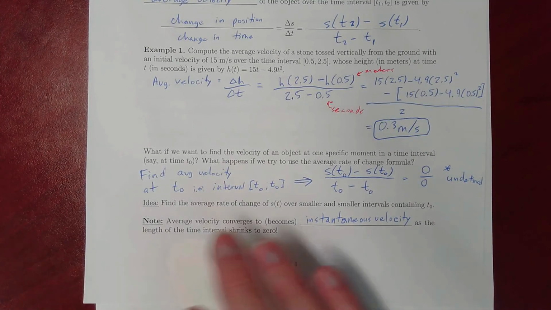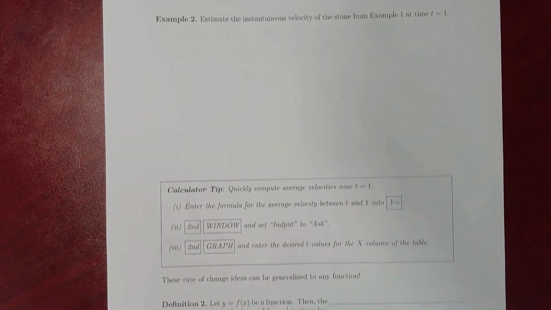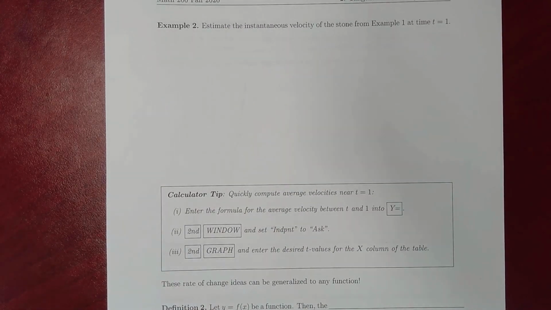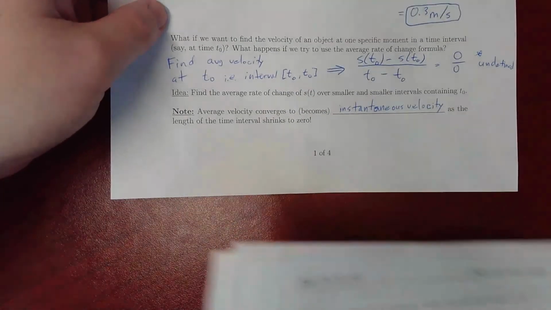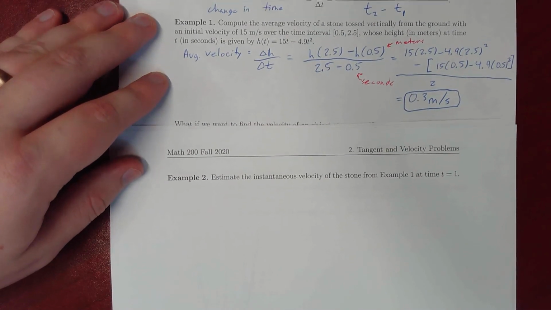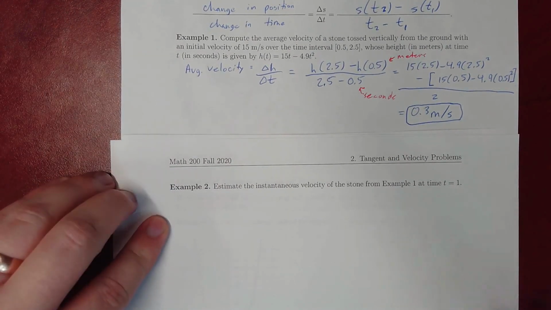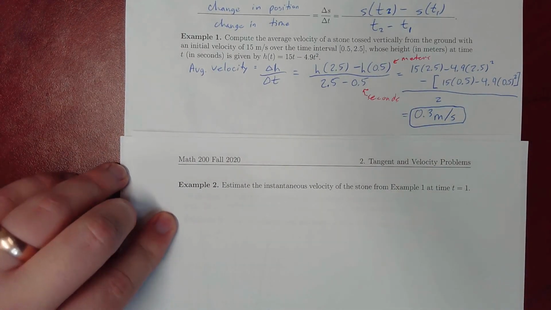So let's go ahead then and try to estimate the instantaneous velocity of the stone from this first example at time t equals 1. So let's get that over here. So we've got them both together. Okay, so we